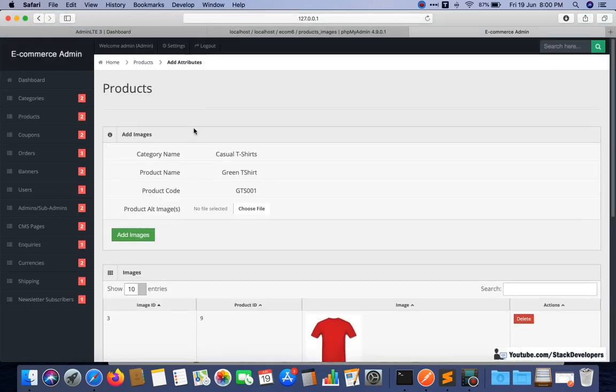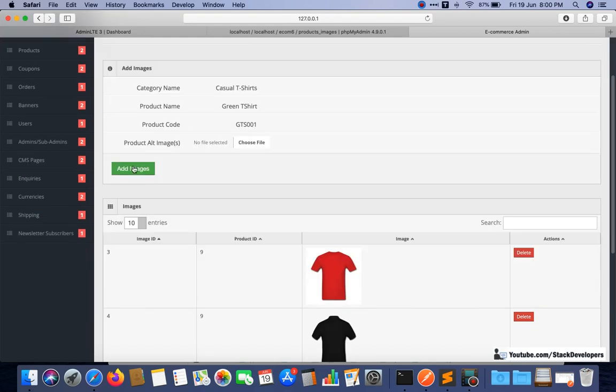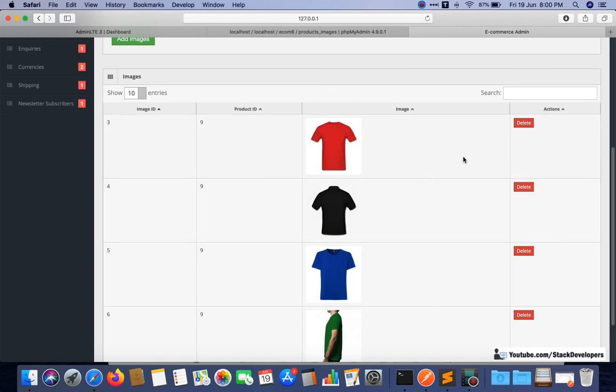We will make such kind of page, and in a similar manner I'm going to show category name, product code, and product alt images. That image is not required, and here add images, where we can add multiple images together, and they will be shown like this.